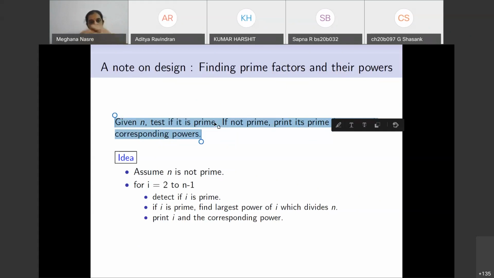So let's say 100 is the input number. Of course, 100 is not a prime. So what do we want as an output? When somebody says give out its prime factorization, or what is written in the slide, let me just read: give out its prime factors with the corresponding power. So what will be the expected output? What do you think is the expected output? Can somebody write down in chat or say it out?